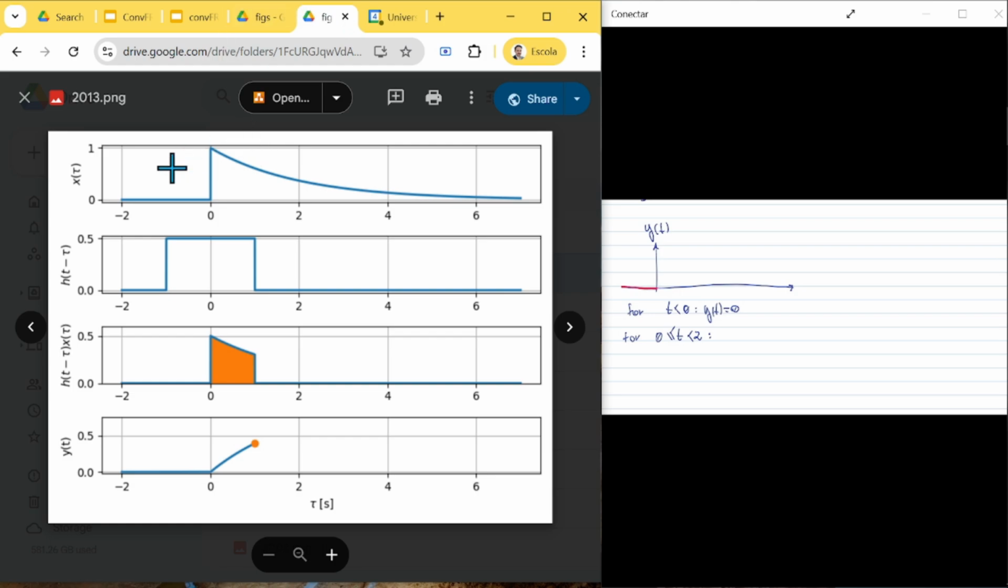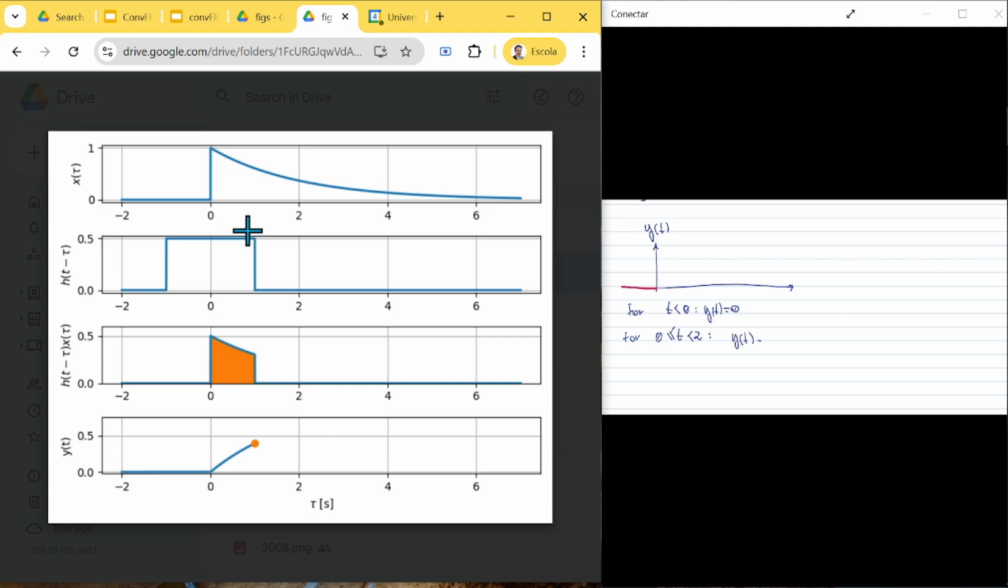So here I have x of t. Notice that it's being integrated from 0, because it starts at 0 here, so it's integrated from 0 up to t. This is t. Okay, and it's multiplied by half, and it's integrated from 0 to t. So for this interval, we have y of t equal to